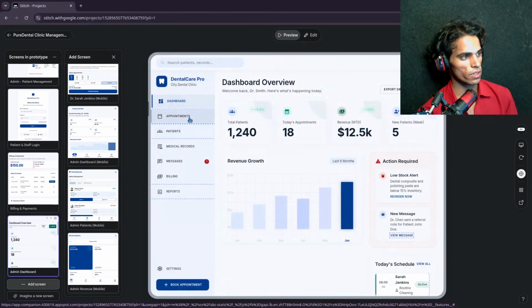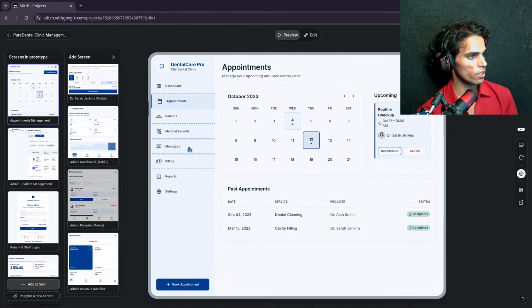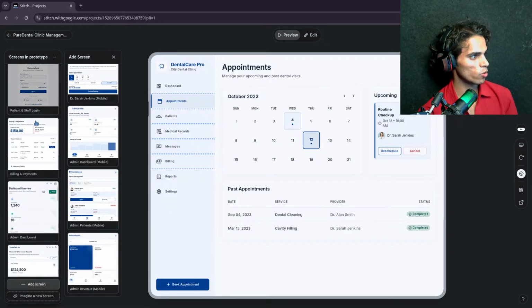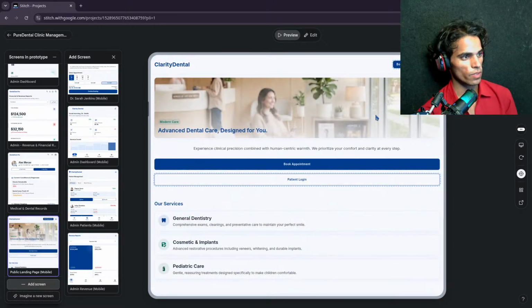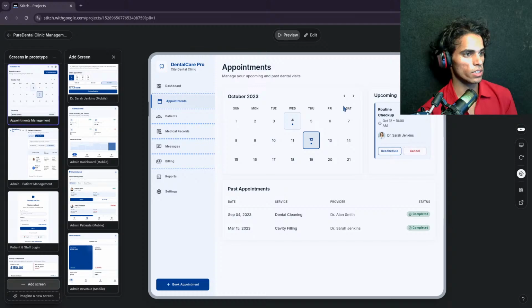We have all the main things, that's the important part. Now I would like to move on to the home page or landing page. So let's see how this behaves. This is our landing page. We will change it a little bit. We don't want the button to have this kind of UI. If I click this book appointment, we will get this, and we can book the appointment here. If I click this, okay, it's not connected to anything right now.